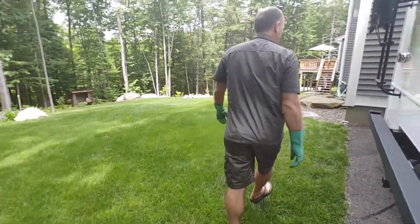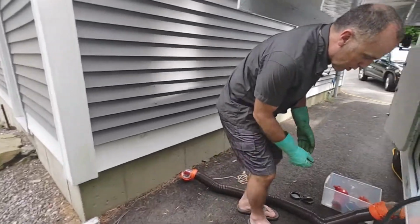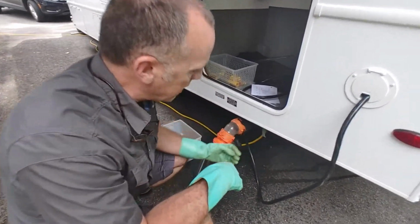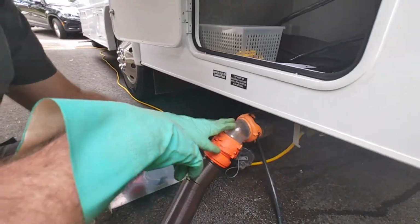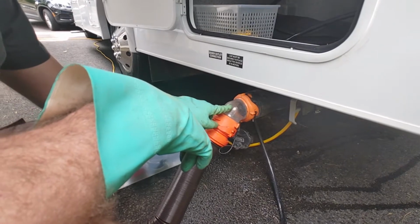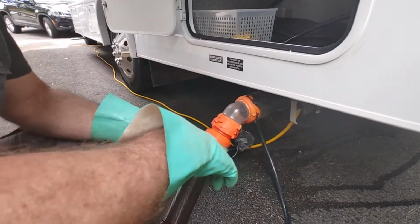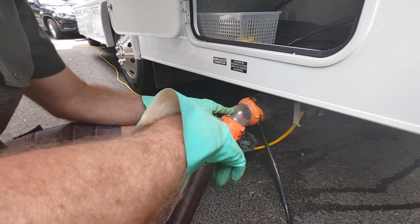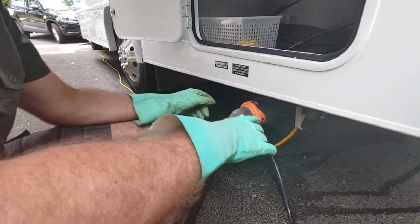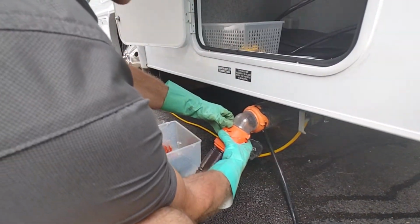So we're going to come over here, and because your gray water tank has no solids in it, you're just going to pull your gray water valve. You're going to monitor the flow in this clear section of pipe, and when the flow stops, you're going to close your valve. You're just going to watch for any kind of last final flow and drips coming out of here. You're going to wait until it stops, and then when it stops, you're basically going to unscrew this connector,